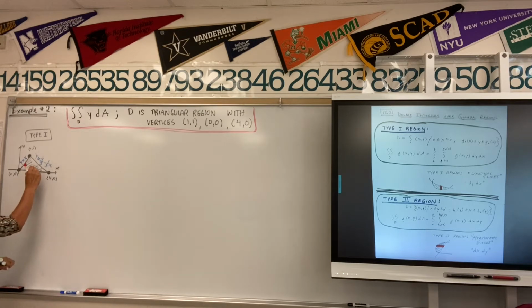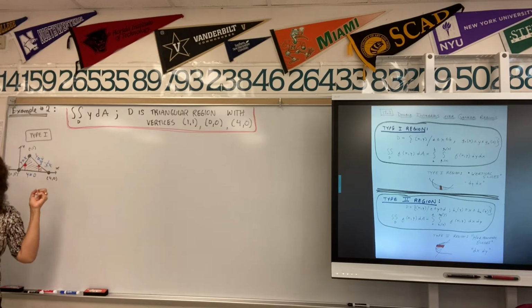However, if I put my vertical slice over at this end, my vertical slice is going from y equals 0 to y equals 4/3 minus 1/3 x, okay? So if you want to use a double integral to find the volume of the surface, for this type 1, you're going to have to set up 2 sets of double integrals and add them